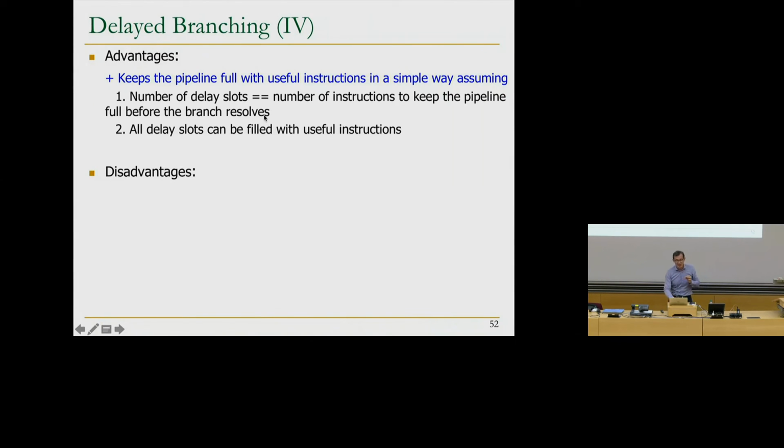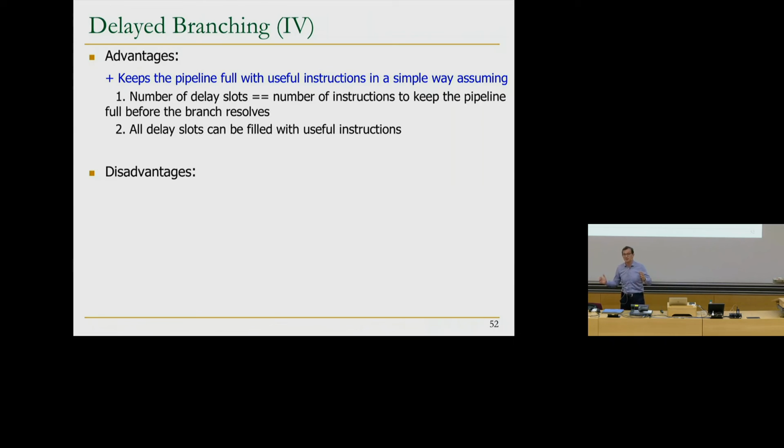One is the number of delay slots is equal to the number of instructions to keep the pipeline full before the branch resolves, right? So you need to determine this. And the second is also very important. All delay slots can be filled with useful instructions. This idea is useless if you're going to insert no-ops into the delay slots, right? Because you're not going to gain any performance with those no-ops. So this is very hard, it turns out. The second is very hard. It turns out the first one is also hard because how do you know what's the